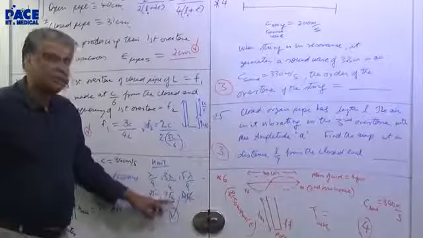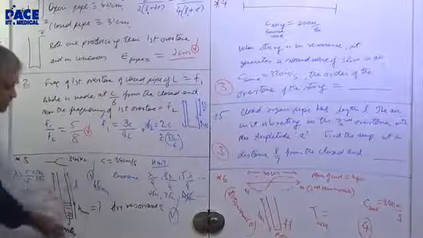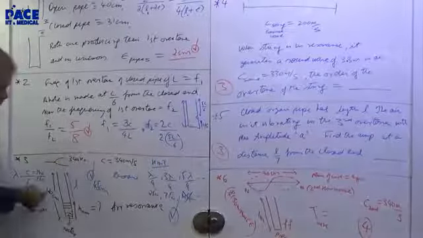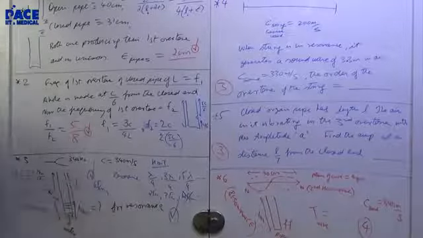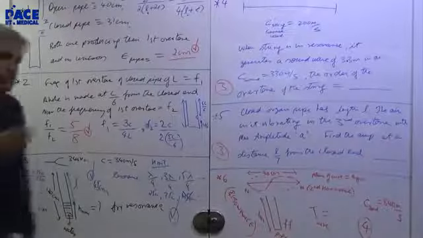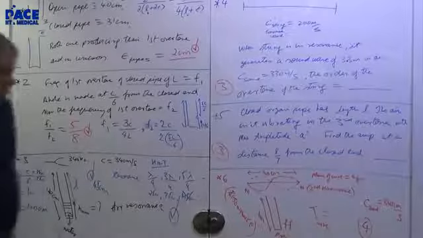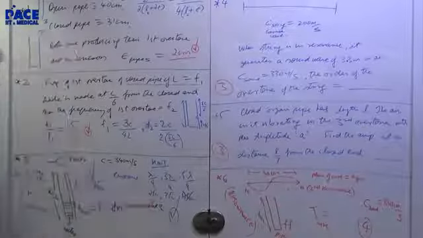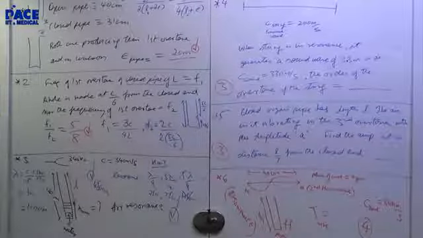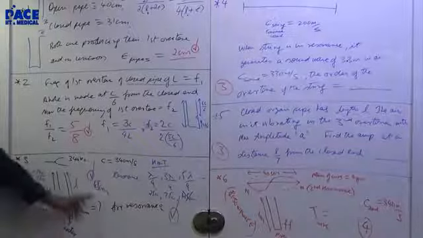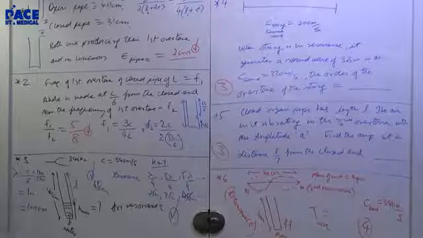What's the next value you'll get? At 75 centimeter. When the air column is 75 centimeter, how much water do you have to pour? 120 minus 75 is 45. That's the answer. For example, if I ask where you will get the next length, the next you will get at 25. To get 25 you will have to pour 95 centimeter of water. That's not the question, that's a second part I have just introduced. This is the required answer. Is that okay? Thank you, sir.